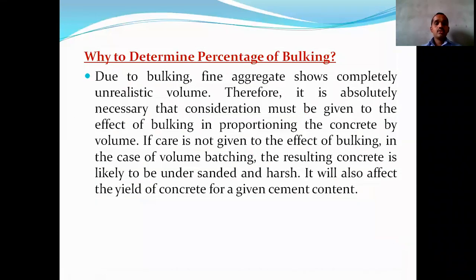Next one is why to determine the percentage of bulking. It is the most important point. Due to bulking, fine aggregates show completely unrealistic volume. Therefore, we have to consider the effect of bulking during the proportioning of concrete by volume. If care is not taken of the effect of bulking in the case of volume batching, then the resulting concrete is likely to be undersanded and harsh. It will also affect the yield of the concrete for a given cement content. For example, if we consider sand with a moisture content,